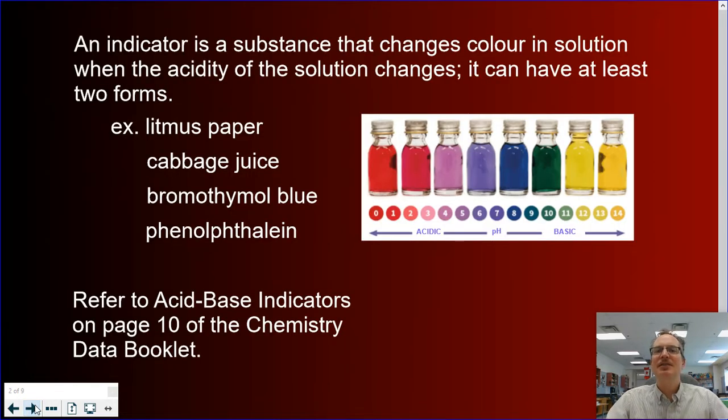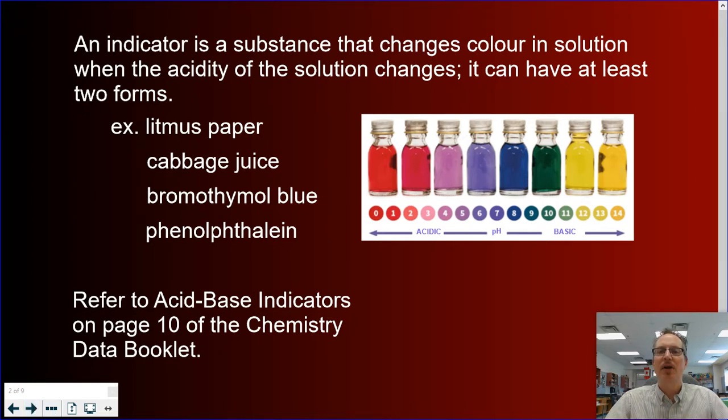An indicator is a substance that changes color in solution when the acidity of the solution changes. It can have at least two forms. We have previously looked at litmus paper, when it's changing, right, red and blue to signify acids or bases. In Science 10, we did a lab where we used a natural indicator, cabbage juice. We took purple cabbage, we put it in water, we boiled it for a few minutes, and we collected the